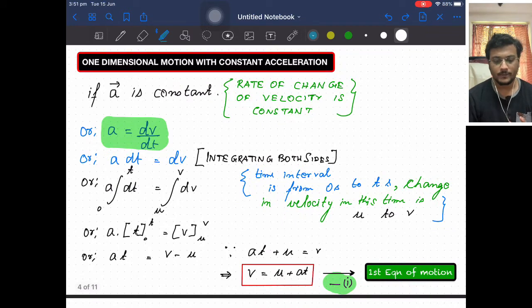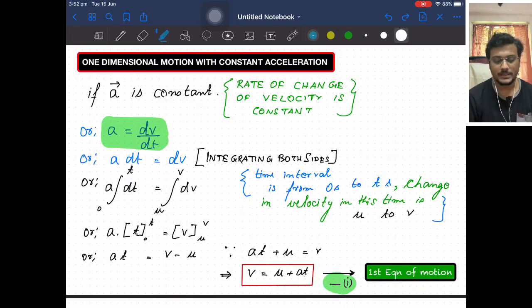One-dimensional motion. Now suppose throughout the journey the acceleration is kept constant. Constant acceleration means the rate of change of velocity is constant, from point A to point B to point C to point D, we have some different specific points. If the rate of change of velocity is constant, then we can say the acceleration is constant. For example, you can take it like a freely falling body. Or suppose you are driving a car where you are constantly accelerating, your velocity change is uniform with respect to time.